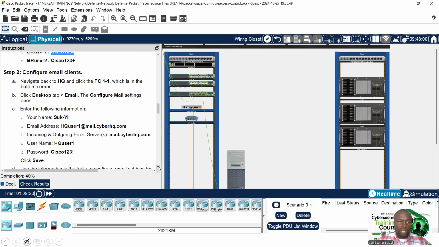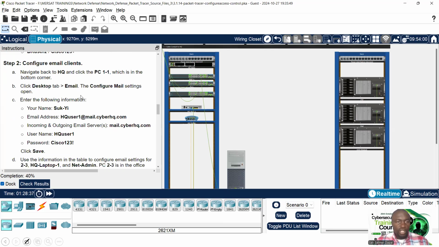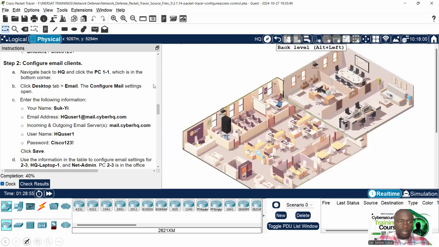Step 2 says configure email clients. Navigate back to HQ and click the PC. Those of you who have done this as homework, I'm sure you will just find it as a walkover. For those of you who have done it and had problems, we will solve it together. For those of you that did not do it, I will encourage you to go back and do it again on your own, okay? All right, so I say we should go back to HQ and click the